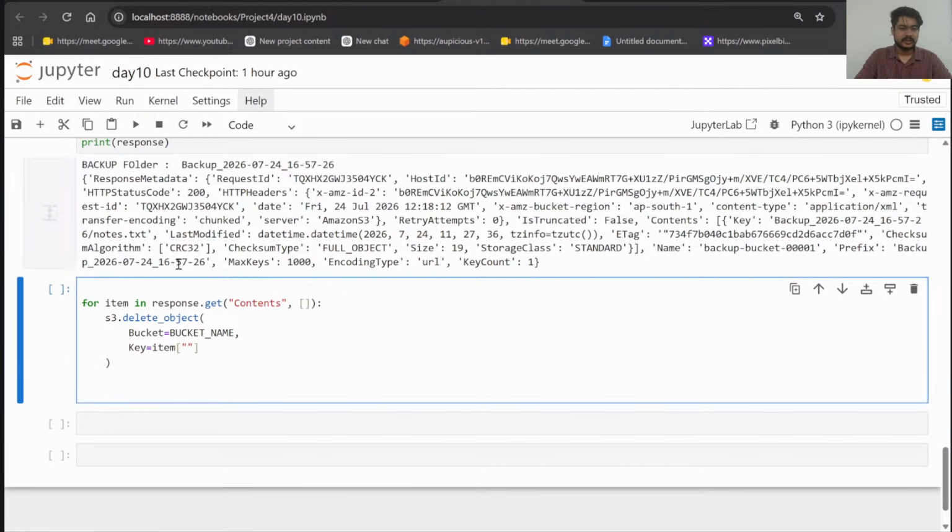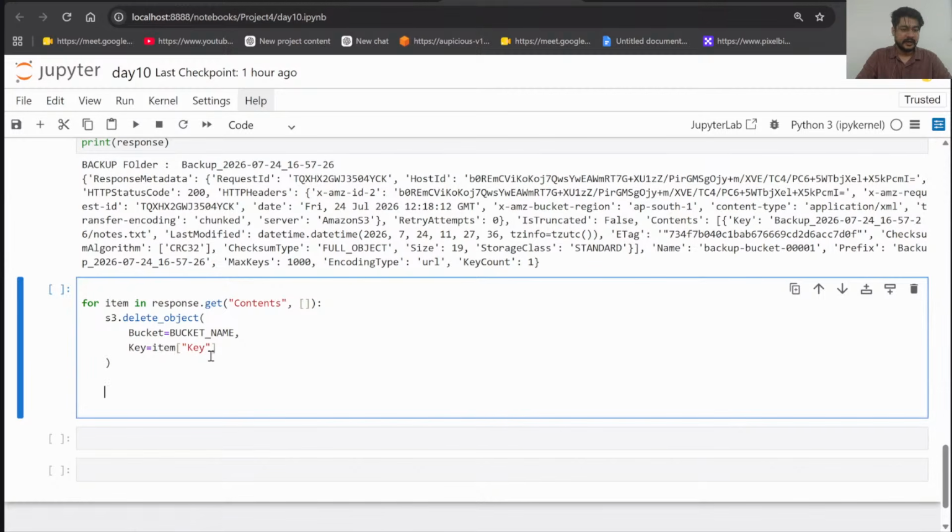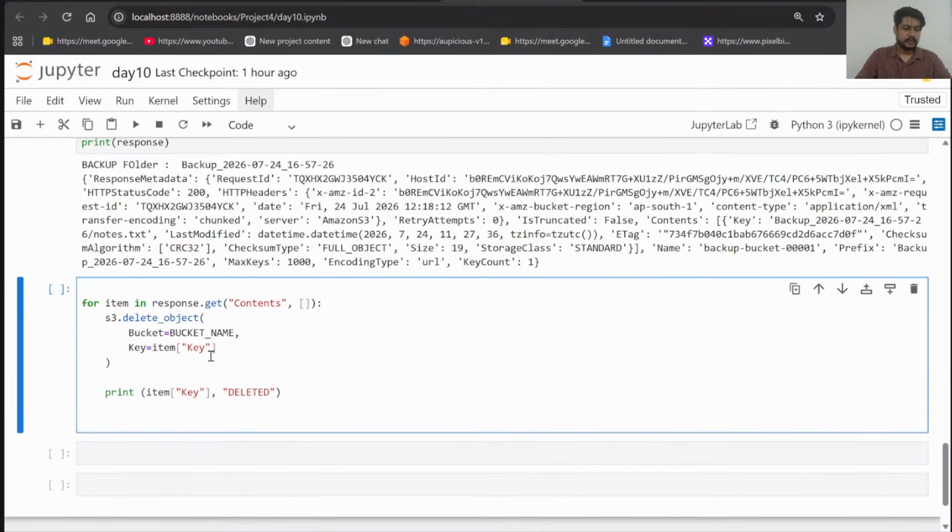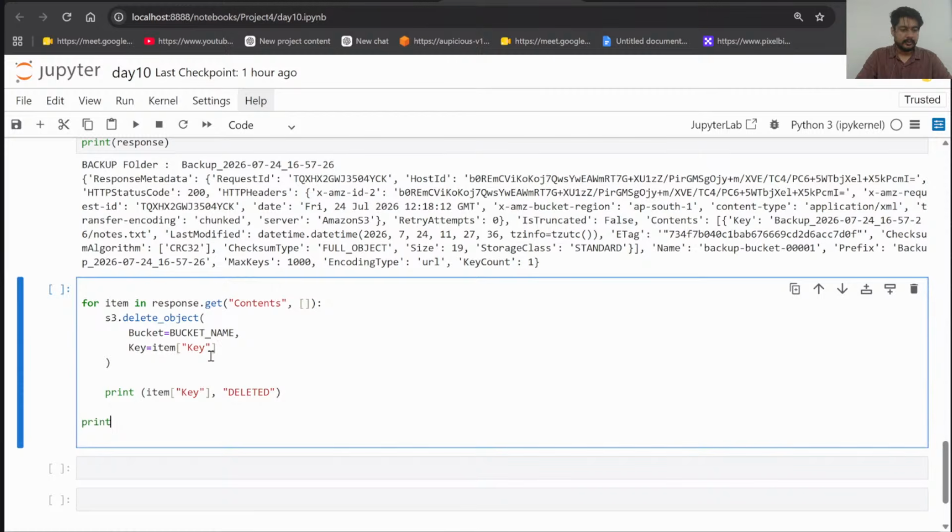Guys, I have not given it. They replied in the form of JSON. So they are replying with JSON, and we are fetching the value from the JSON. And I will print here. After this, inside the for loop only, I will print all the items, right? And their key name again, and they are deleted. I'm just printing a string here: Deleted. That's it. Or well, I'll print one more thing, backup removed.